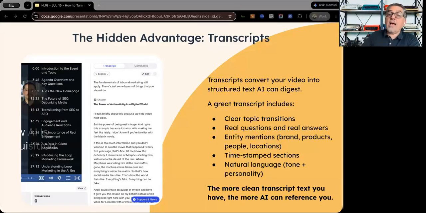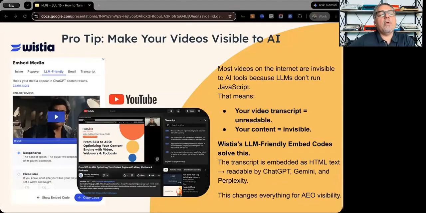The code in the back that tells Google and AI, this is a video, this is the title, this is the description, these are the keywords, and this is the transcript, is all done for you. Beautiful thing. HubSpot video does the same thing. Make sure you add the SEO description and a title that is entity rich to that video. And when you embed it, all of that becomes part of the schema on the website automatically. Pro tip: make your videos visible for AI. Make sure that transcript becomes part of that schema model.